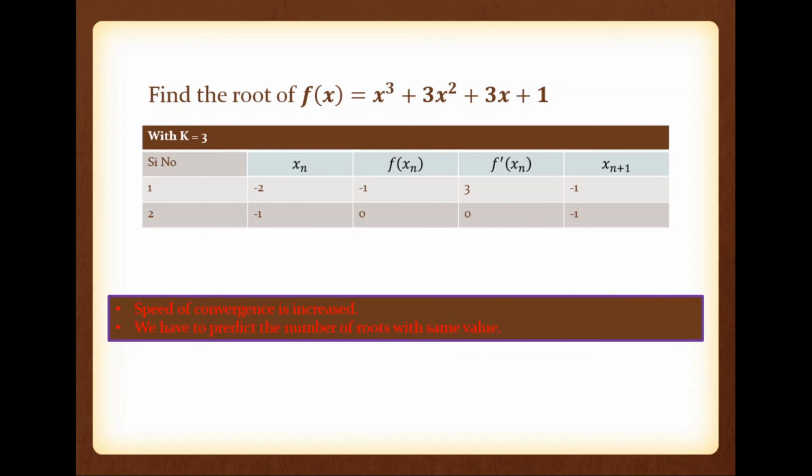Now by using k not equal to 1, k greater than 1, the speed of convergence is increased to 2. Now it is a quadratic converging method with the multiple root. Okay. But the problem is we have to predict the value of k, or we have to find the value of k by using some method. So we need one more algorithm to find the value of k, or we have to check the multiplicity of the root. That's the problem. Okay. So I am stopping here.